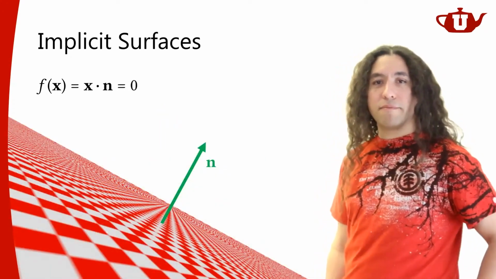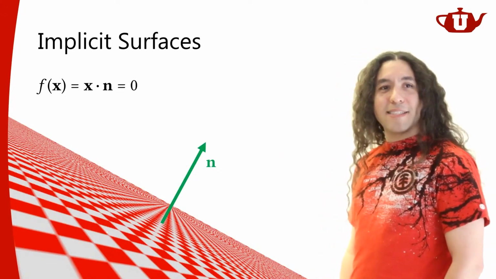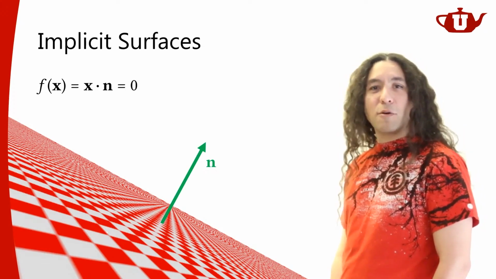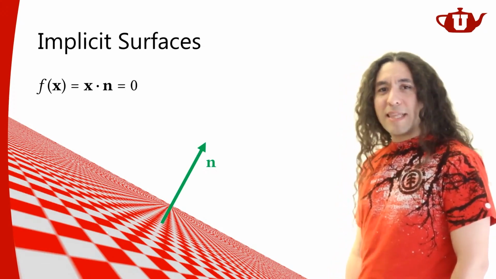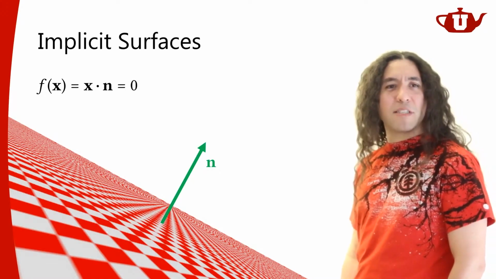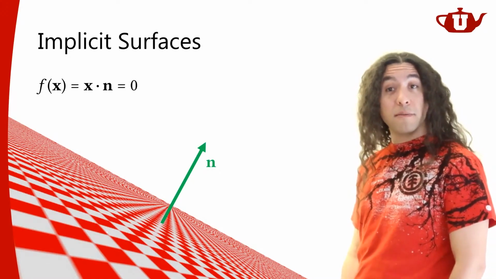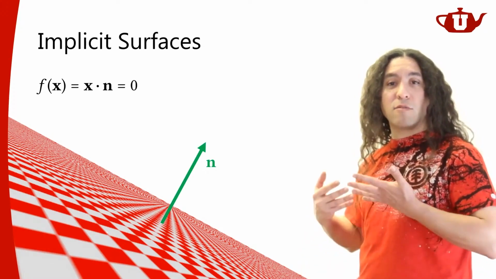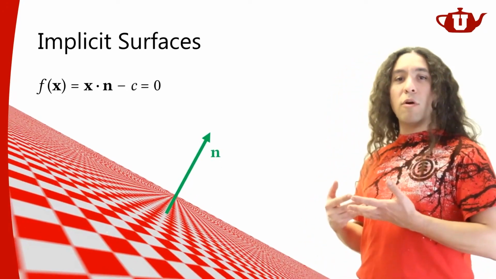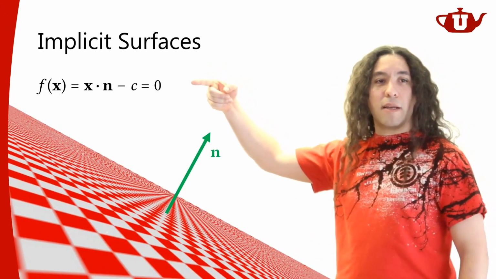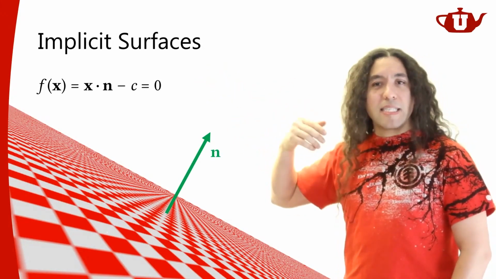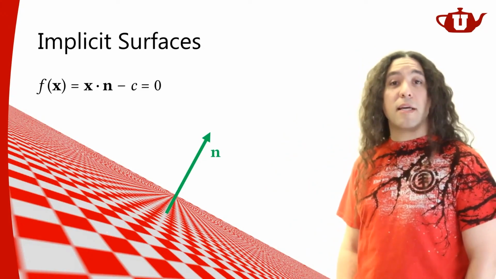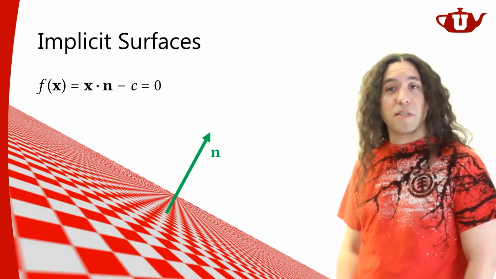Of course, I can rotate this plane however I like. Looking at this plane, the equation would be: any point whose dot product with the normal is equal to 0 would be on this plane. If this satisfies this equation, then this plane goes through the origin. If it is not going through the origin, then we can move this plane in the normal direction just a little bit, and the equation becomes this. All right. So these are simple surfaces that we use in computer graphics for all sorts of purposes: implicit infinite planes and implicit spheres.